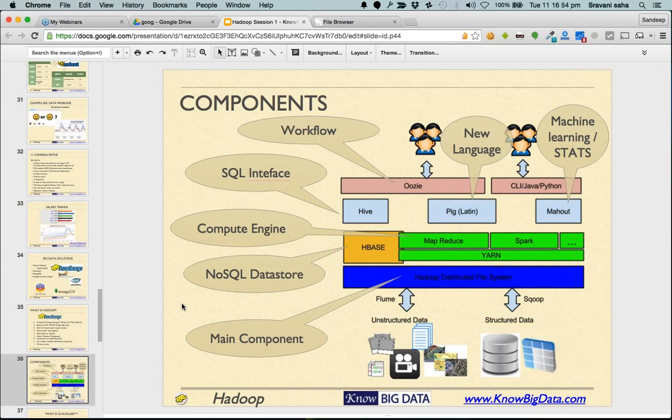Next is, as I was explaining to you the MapReduce, sometimes not everybody is a programmer, and people who have some SQL experience would like to get their work done. In those cases, you can express your logic in terms of SQL, and that will get converted into MapReduce. That is Hive. Using Hive, you can start writing SQL queries, and using those SQL queries, you can start churning data. But please notice the difference between Hive and HBase.